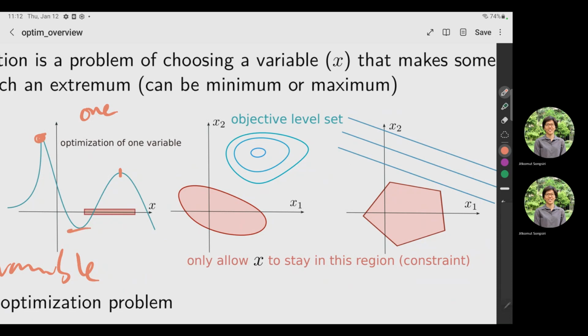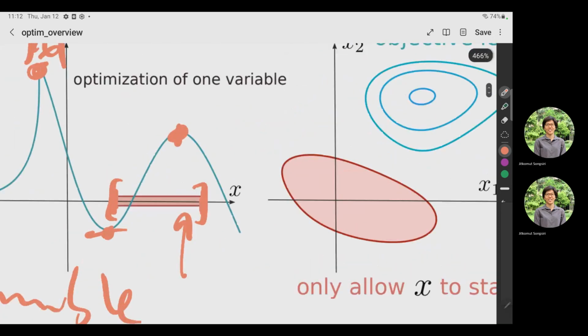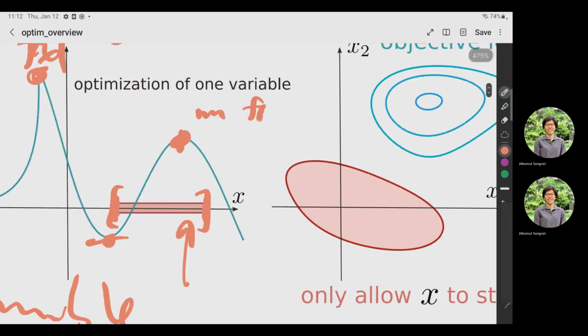You have the 2 maximum ones, and you have 1 minimum. This interval is an example of constraint on your x. I only want to find x within this interval that minimizes my function. If the aim is minimize f(x) subject to x belonging to that interval,